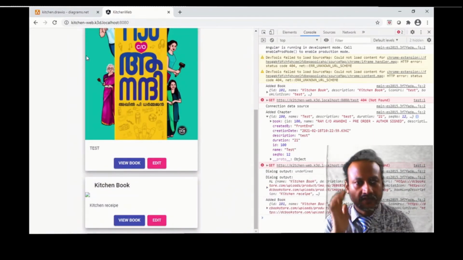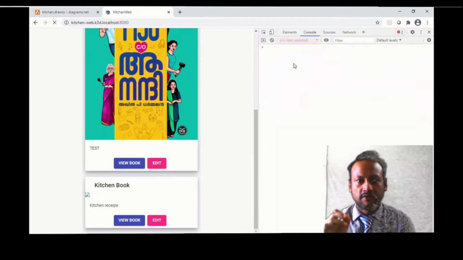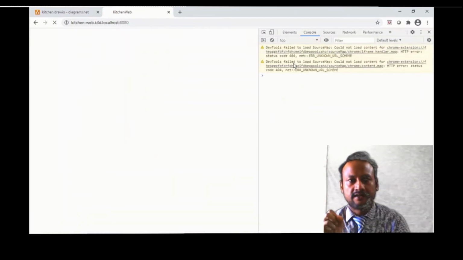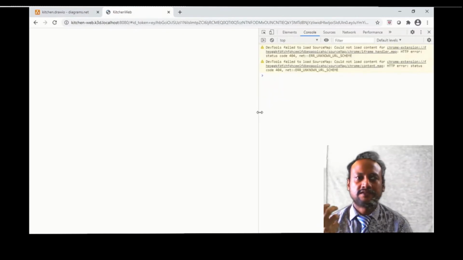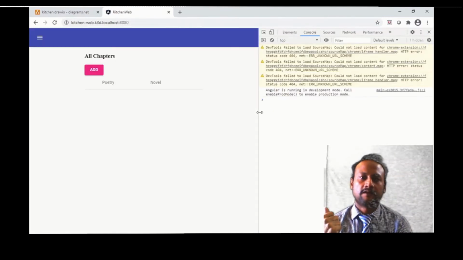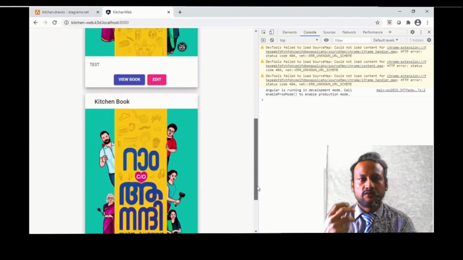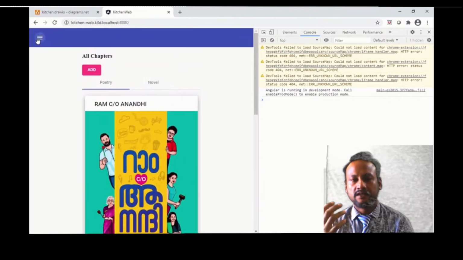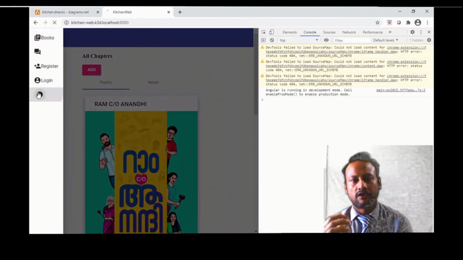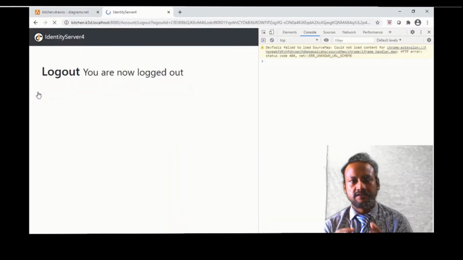You could see in the console, I'm not getting that get error because it's able to get the image. For now it's just a start. We are going to fine tune this app. This is just a beginning. I built this from here and there. This is just to start.